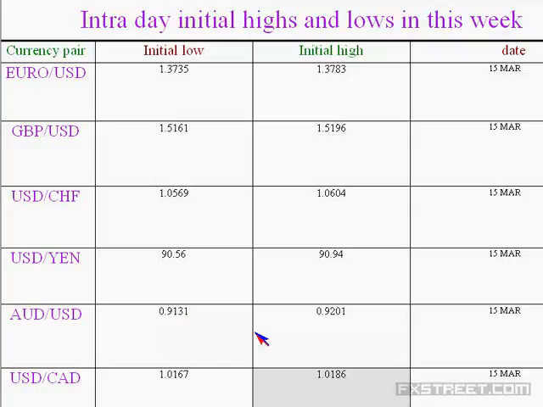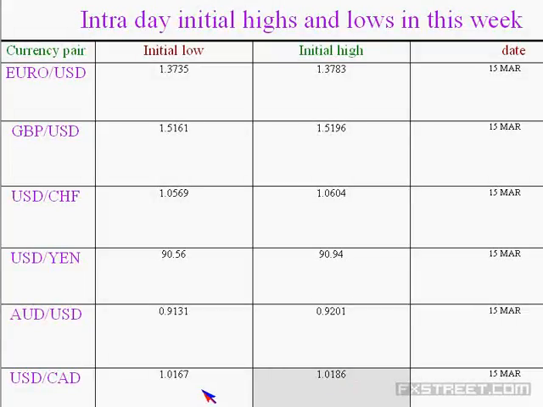Then in the case of Australian dollar, there is a very quick 70 pips drop. 0.9131 is the low and which is intact. 0.9201 is the high and which is also intact. The market is holding near the double low and they could make a quick downward stop around 6:30 GMT. Then quickly gain the levels during gap time and the start of the European session and then try to make